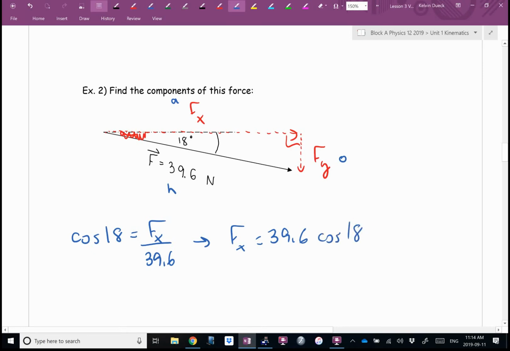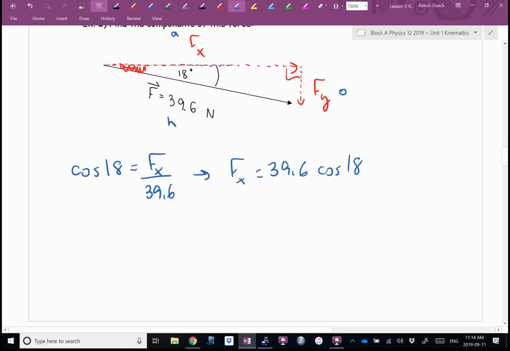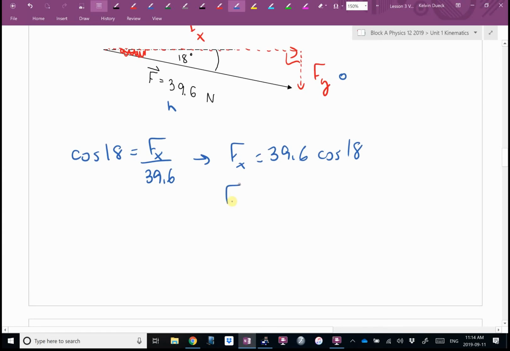You know, it'd be really cool if Fy was sine. If Fy was going to end up being sine of 18 equals Fy over 30, I would get the Fy by itself by doing the same thing, except putting a sine there, because then rather than doing Pythagoras, I could just backspace and edit. It would be way less typing. Meanwhile,